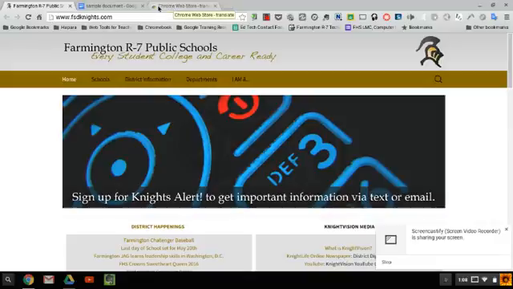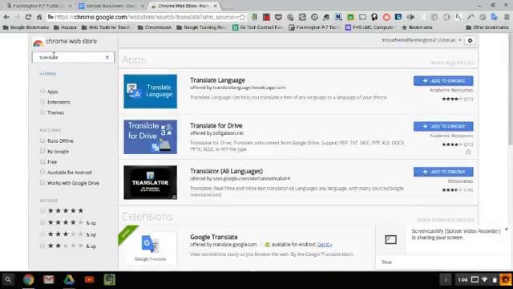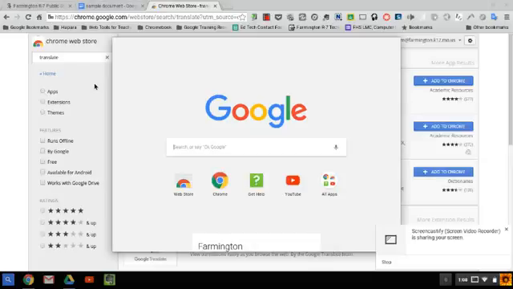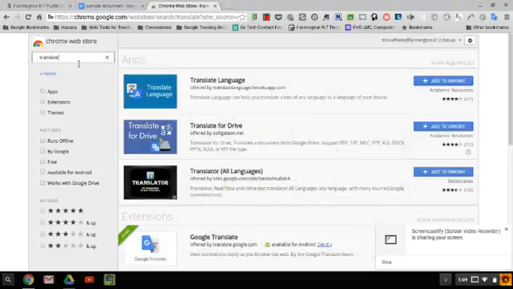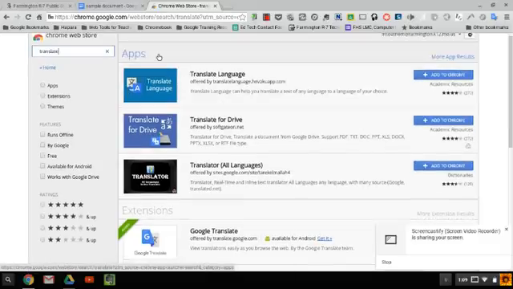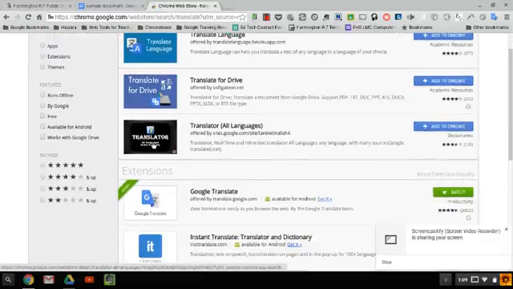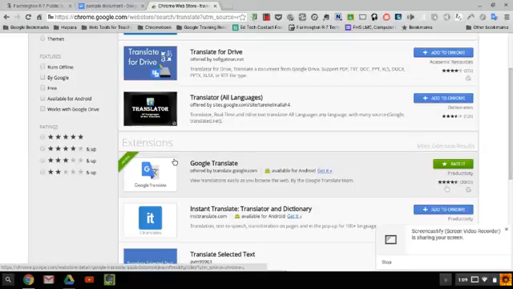So I'm going to navigate to the Chrome Web Store. You can use your search key and type in Web Store, and it will be one of the available apps there. And so now I am in the Chrome Web Store and I can type in the word translate. Several things will come up. First will be apps, but you want to go down to the extensions and add to Chrome the Google Translate